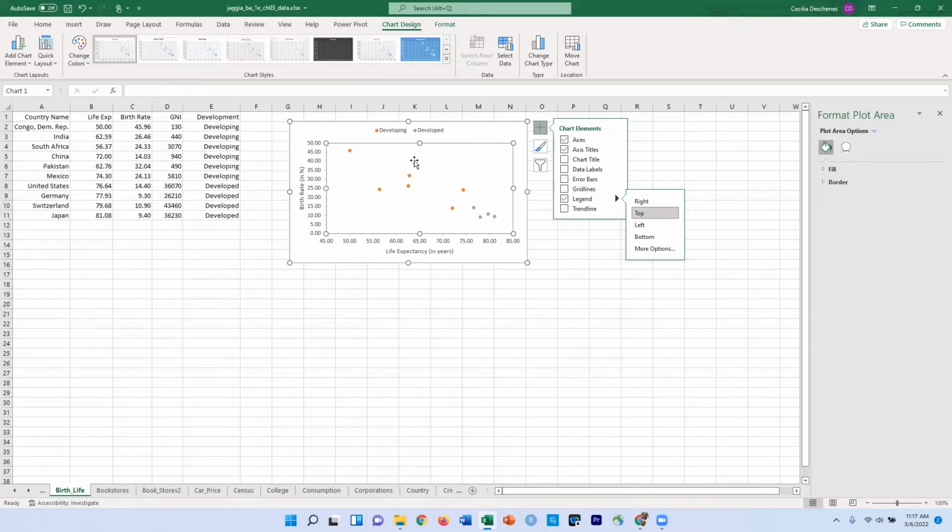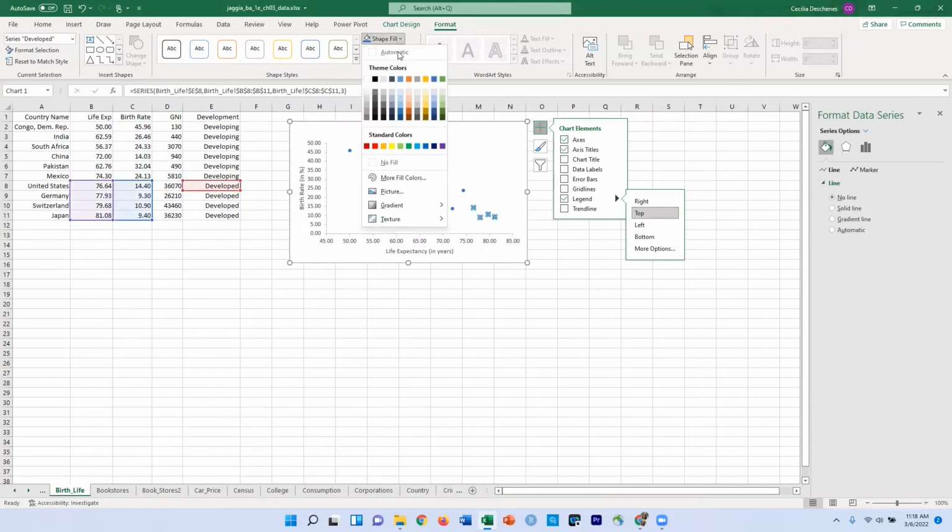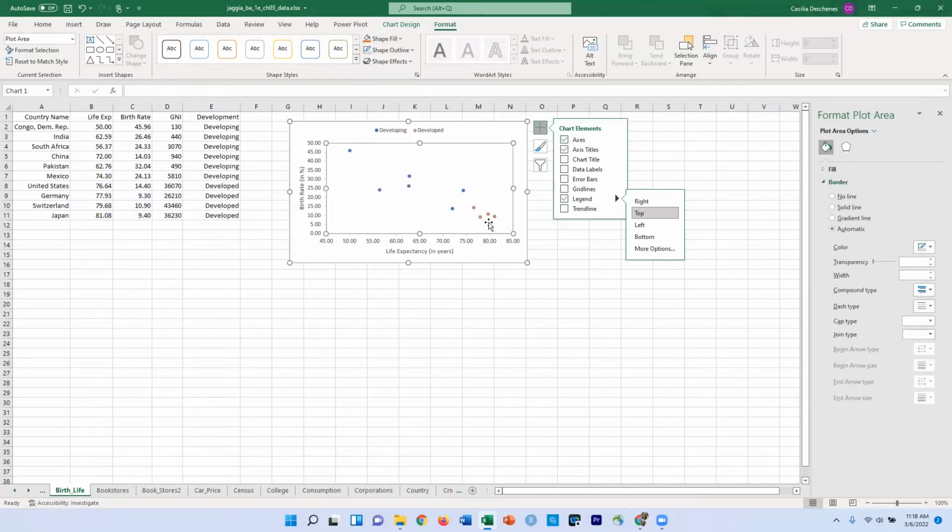Now, the choice of the color is also, of course, available for editing. So if I choose even one of these dots, it's going to choose all of them. And I'm going to make these, under format, I'm going to choose to have these be blue. Then we're going to go to these little gray ones and I want to make these orange. So let me go in and make these orange. And now we have